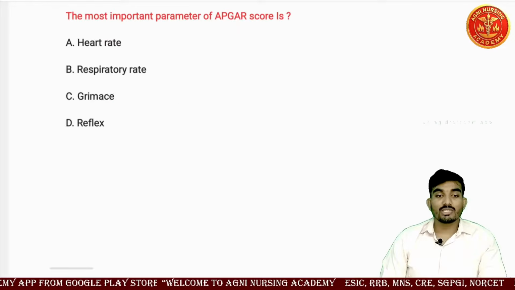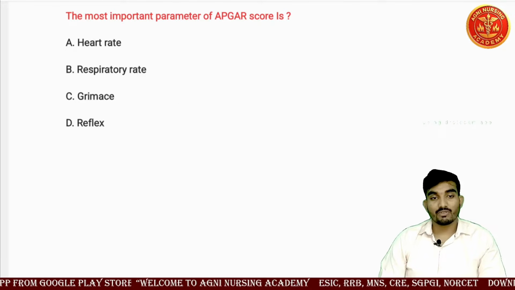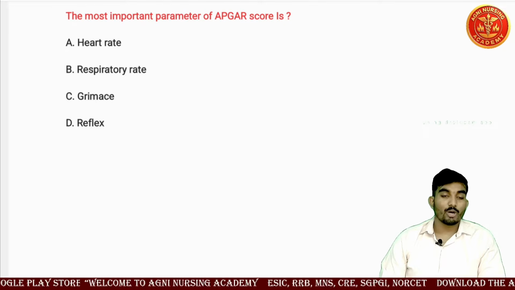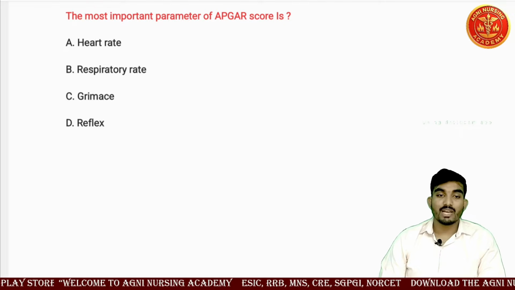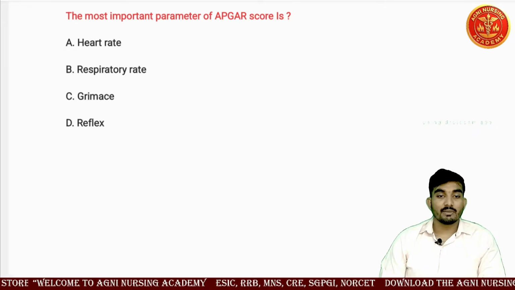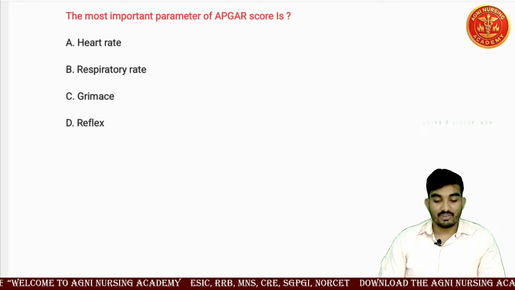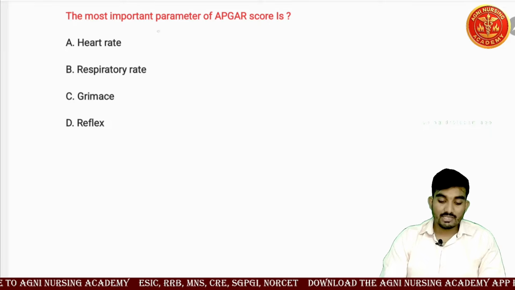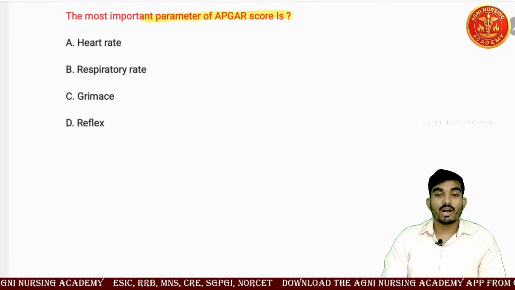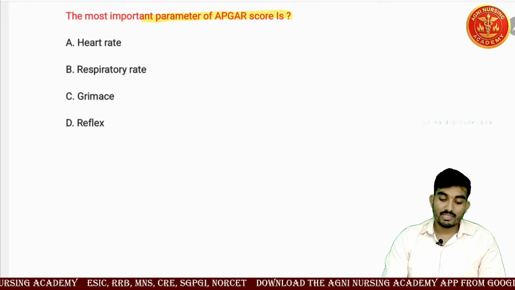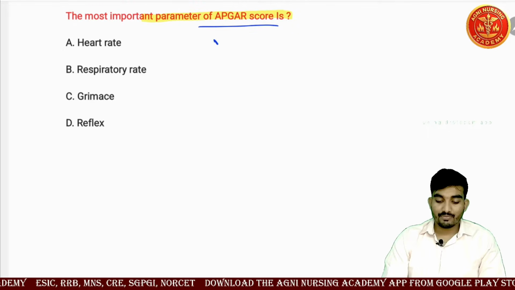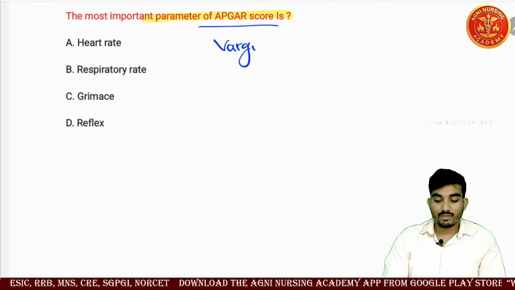The first question on your display: the most important parameter of Apgar score is option A heart rate, option B respiratory rate, option C grimace, and option D reflex. The question asks which one is the important parameter of Apgar score. We'll discuss the Apgar score. Apgar score was given by Virginia Apgar